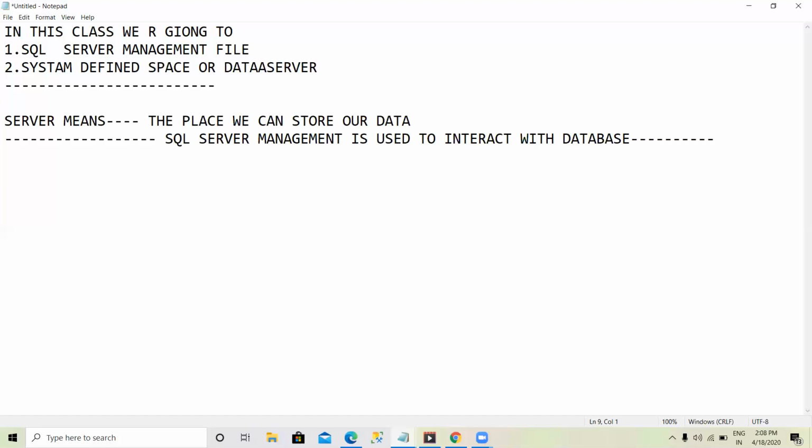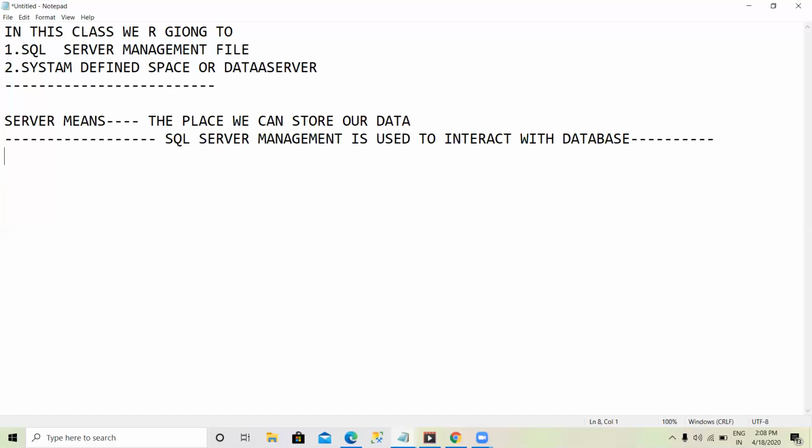Another important thing you have to remember: while you are installing that software, we need to give a password. Whenever we are going to open that software, we have to give some user credentials.